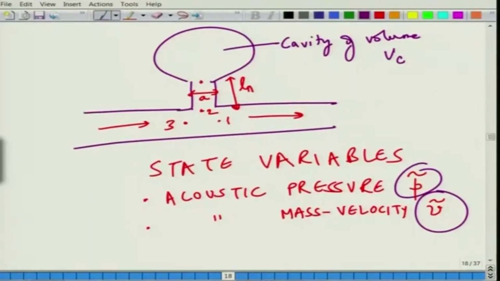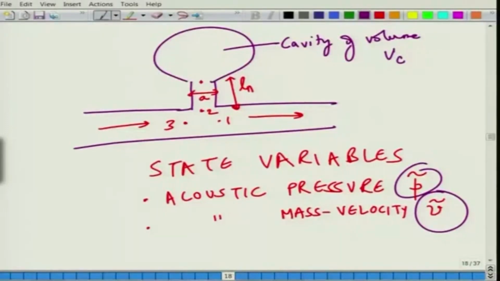Now in all systems, if you know what is happening with two variables, pressure and velocity, you know the entire system, because remember our equation is a second order differential equation. So, we must know two things, acoustic pressure and acoustic velocity. That is how you eliminate the amplitudes associated with the particular direction of wave propagation and relate everything in terms of these state variables, pressure and velocity. So, that is what we measure. Acoustic pressure we can measure using specialized microphones, the ducted microphones. Anyways, the thing is how do we go about relating this,